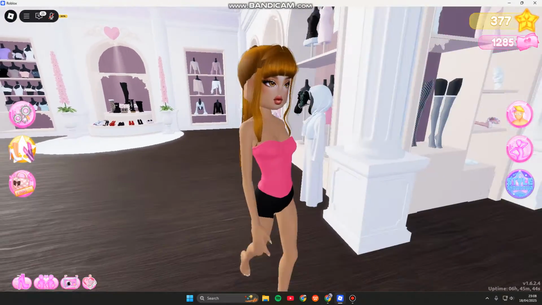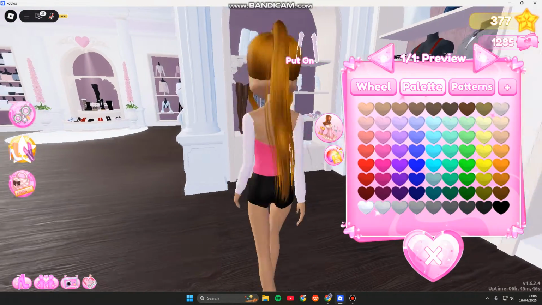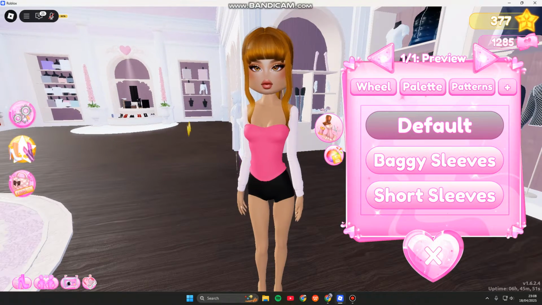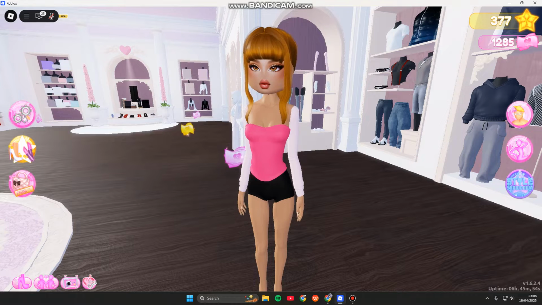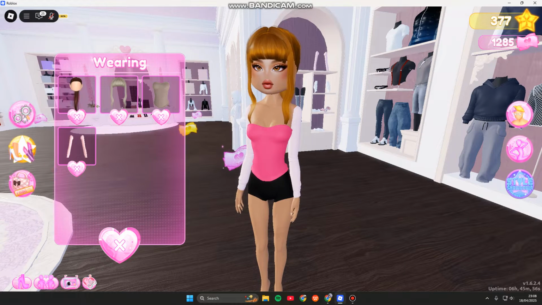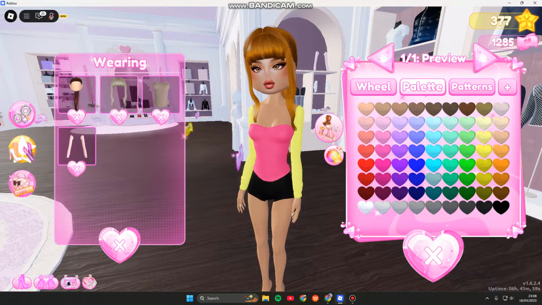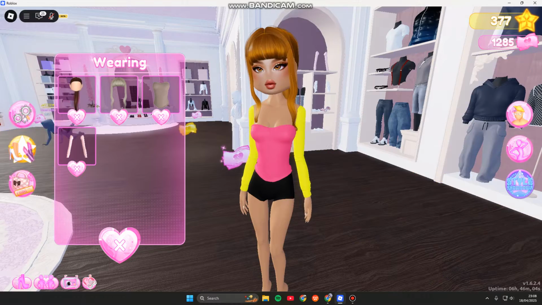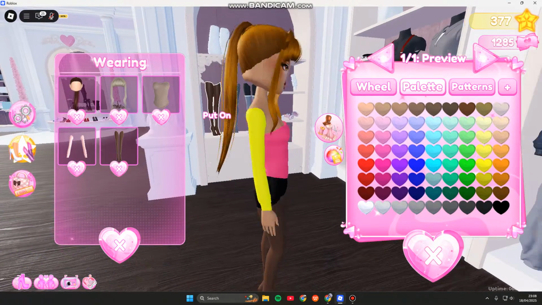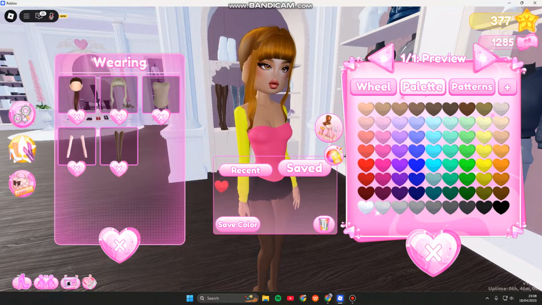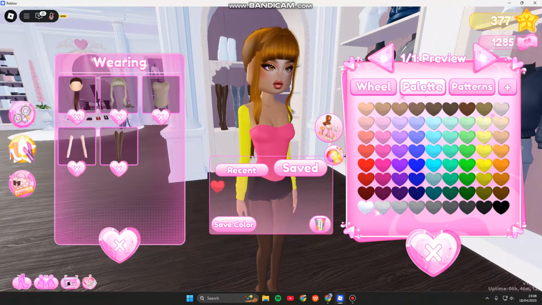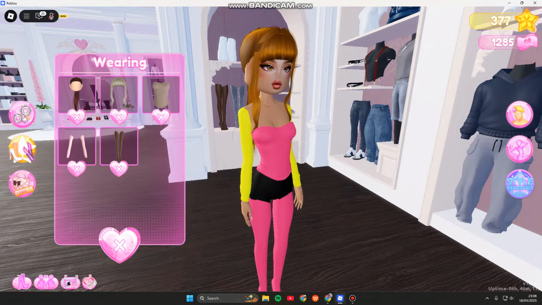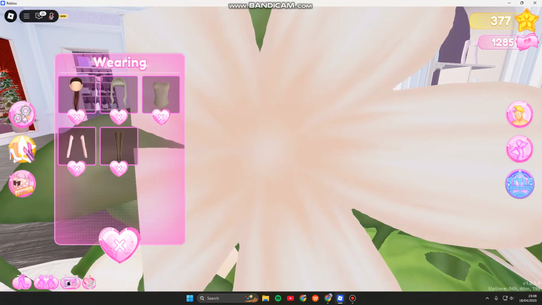hand and choose these ones right here, the sleeves, and you can change it into the color that you want. I'm going to change it into some neon color, so I'm going to go with this yellow neon color, and after that you can put on these stockings, leggings in here, and change the color to the same as the top. This one I've already saved the color, and after that you can put on some accessories like a phone, and also